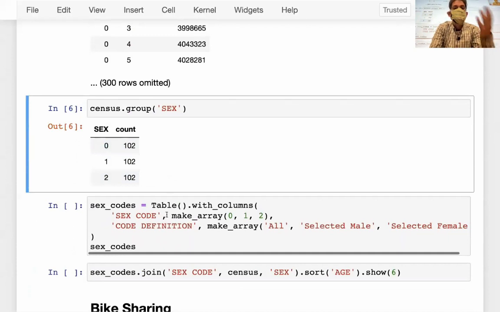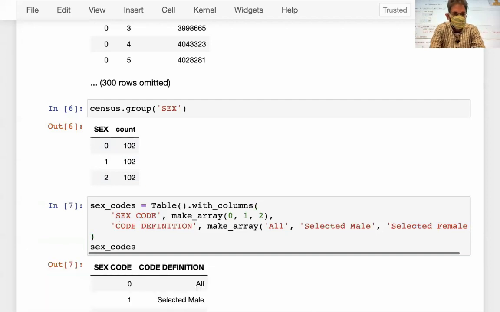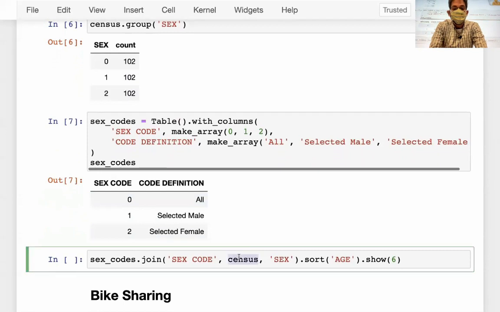Well, you can go ahead and annotate each categorical value with some information. So here we are constructing a table that has 1 row per sex code in the census, and then a description of what it means. 0 is the aggregate of people who selected male and people who selected female among those 2 options. So you build this little tiny table, you join it with the census table,